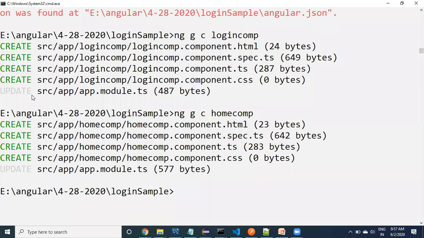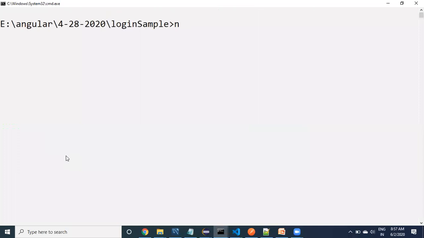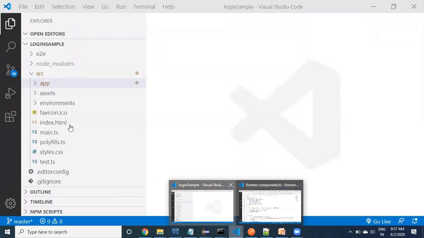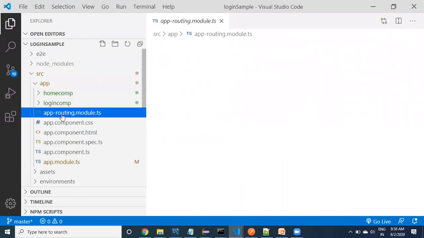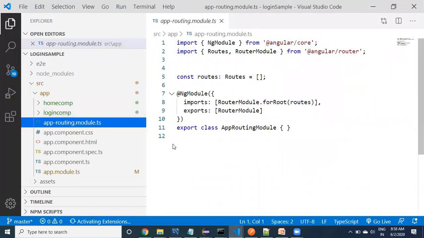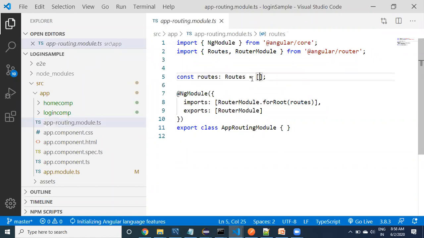Okay, so now let us go here. I'm going to say ng serve now. Coming to here, I would like to take routings. See here guys, what I want to do is take routings. Why? Because if success, I have to go somewhere, and if it is failure, I have to go somewhere.